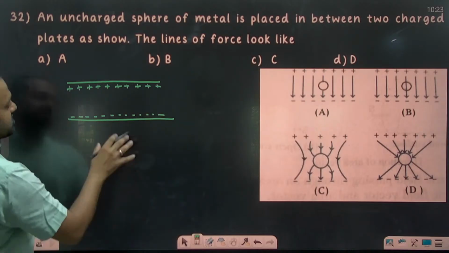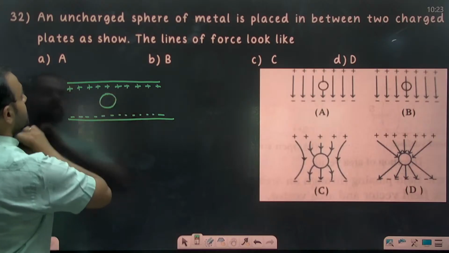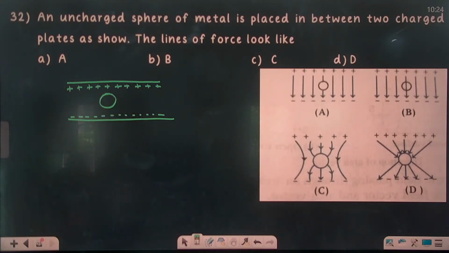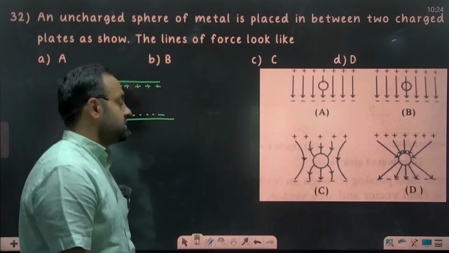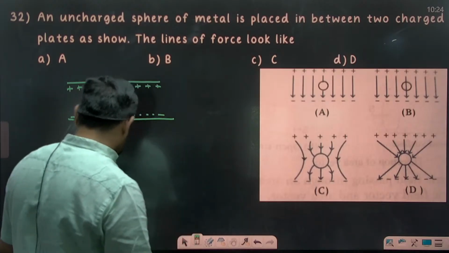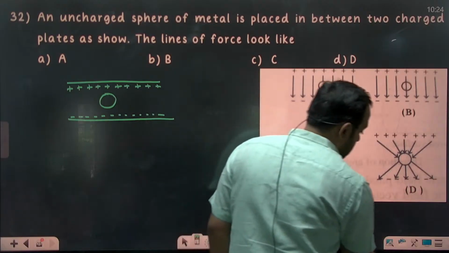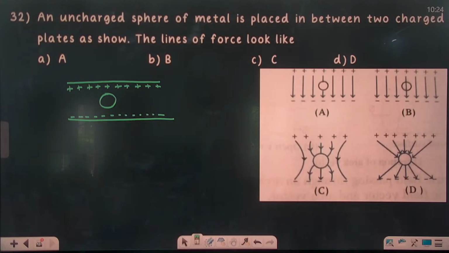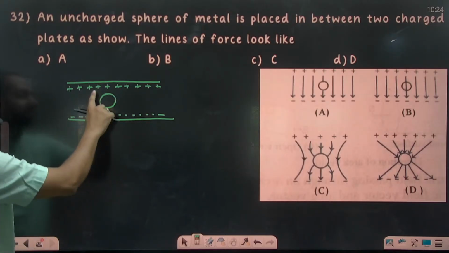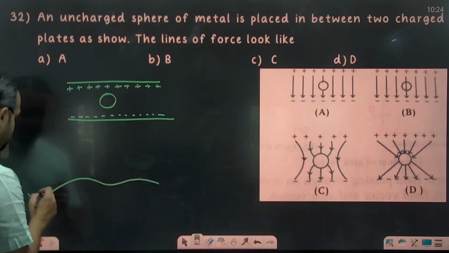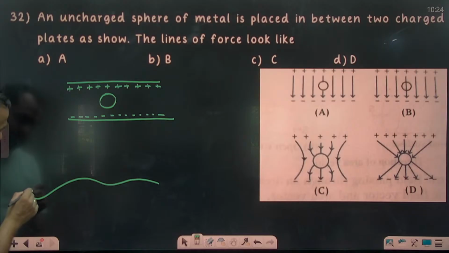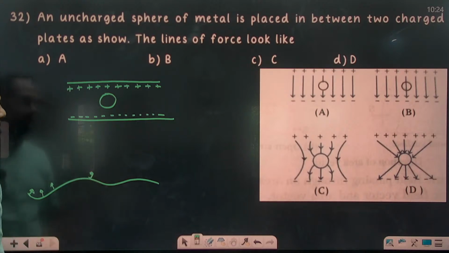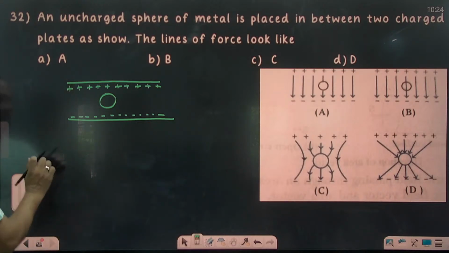But now after that, what they've done is they have placed a metallic sphere in between them. Conductor properties: the electric field inside is 0, and on the surface the electric field will always be perpendicular to the conductor. If you have a conductor like this, the electric field on the surface here should be perpendicular to the surface like this, right? Both of these points we have discussed, right? So if you take both of these into consideration,